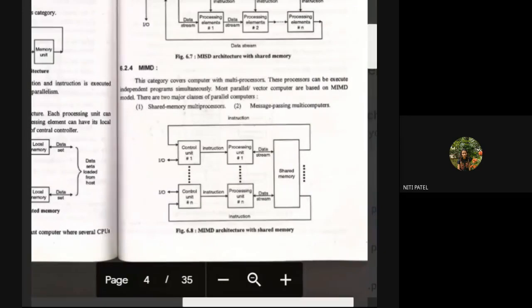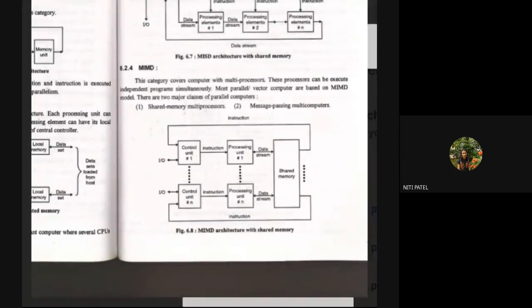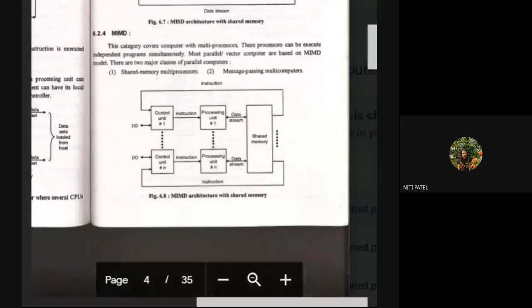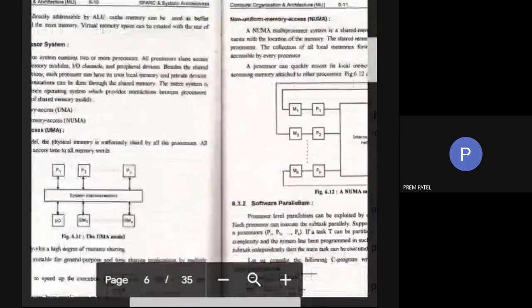So the difference between a computer and a processor is that you have more than one computer, whereas in a processor, if you see this processing unit 1, processing unit 2, the system is only one. The components of the system are divided into different units to make it multiple. Therefore, it is called multiprocessors. And you achieve that multiprocessing system by using either SISD, SIMD, MISD or MIMD. Okay, is this clear? Yes, ma'am.